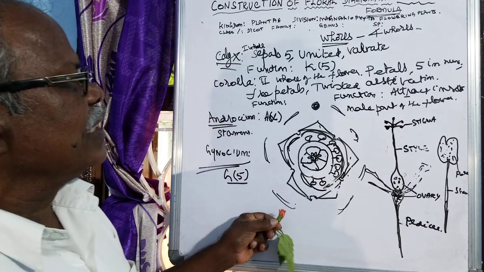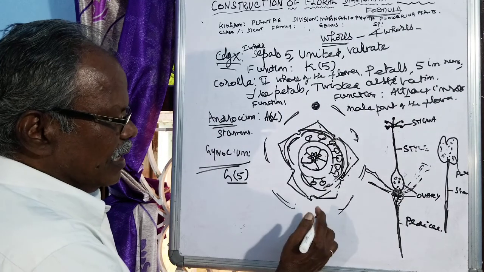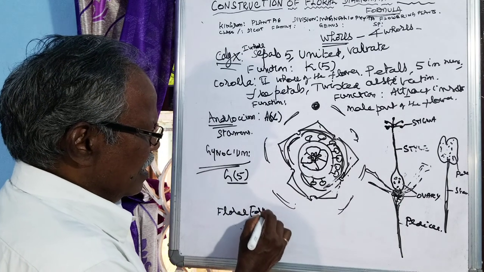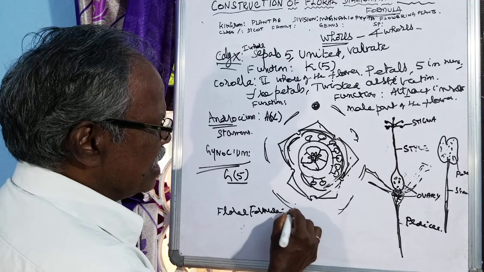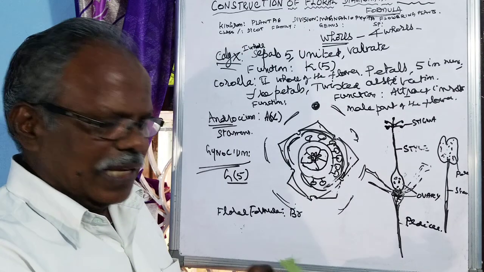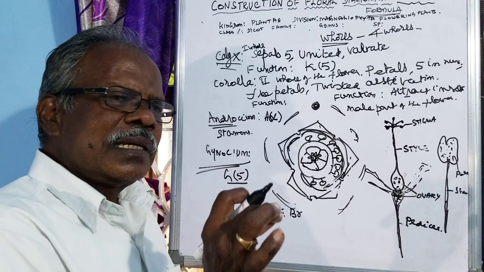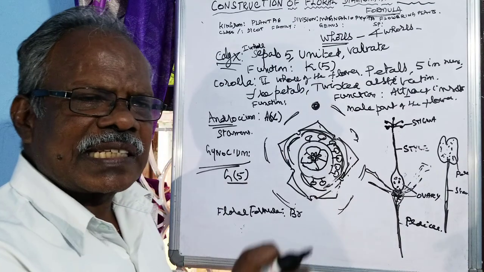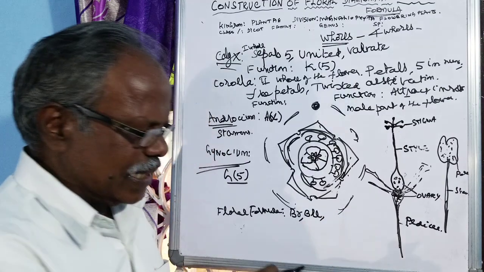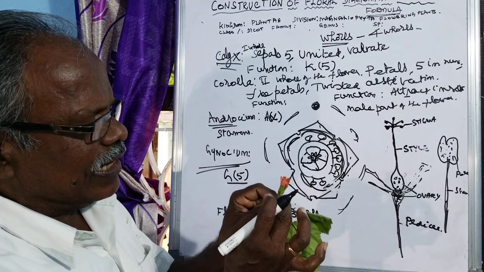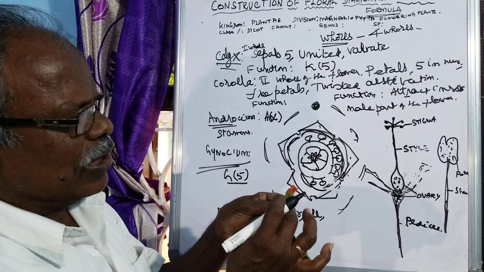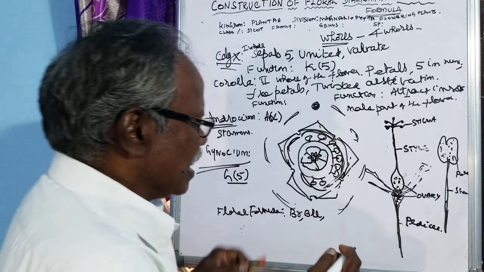This is called the floral diagram, and now we will see the floral formula. Floral formula means bracteate. Bracteate means that at the leaf base there will be a smaller leaf-like structure called bract. So that is called bracteate. And bracteolate, BRL. BRL means below the epicalyx is bracteolate. This is called bracteole. So 5 numerous bracteoles are there. That's called epicalyx. That's why it's called bracteolate.